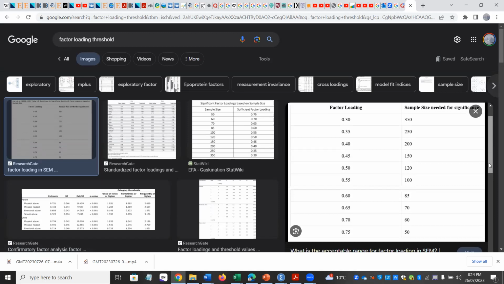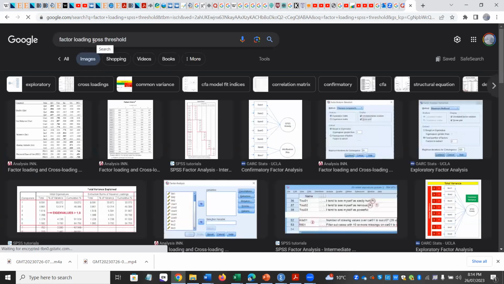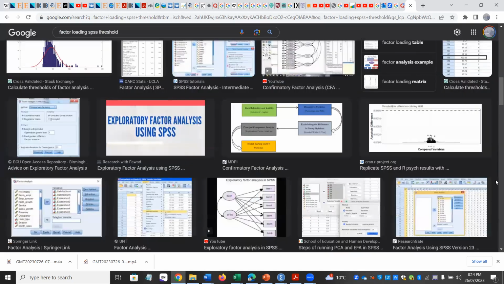Okay, so you can use this thing to guide you. You can use this, and even this is for SAM. It's for SAM. I think it can be a good guide. But read papers, read previous studies, read papers. When you read papers, you'll be able to set your factor loading